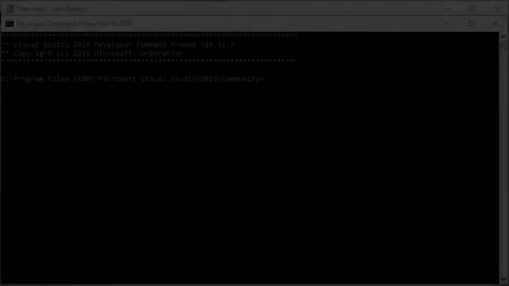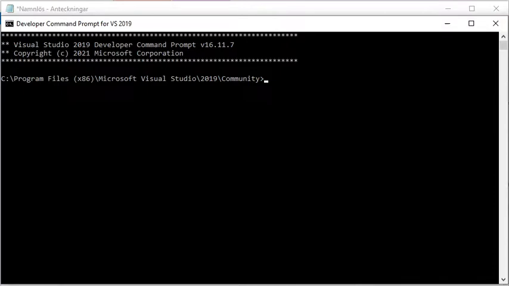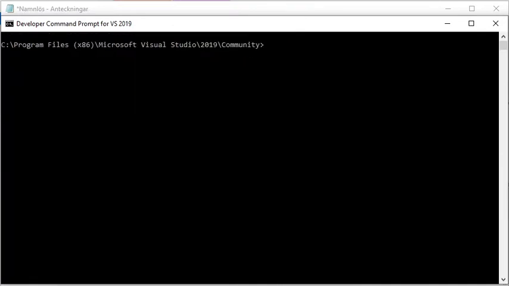In this video, I am using Windows 10 and developer command prompt for Visual Studio 2019. Now I am showing which version of the Visual Basic compiler VBC I am using. The version is 3.11. Now I use the Windows command cd to navigate into an existing but empty directory called f:\dev, and I switch to the F partition by typing f:.